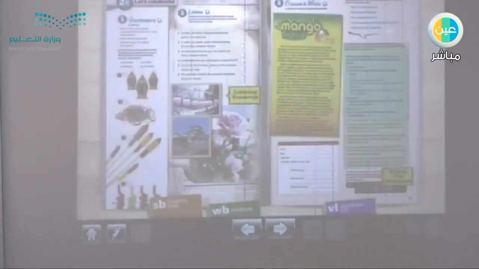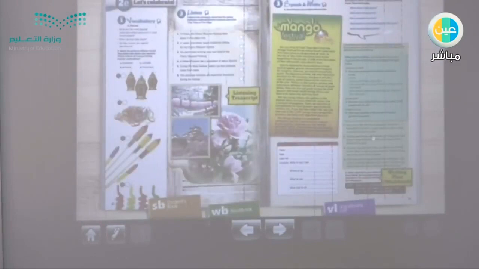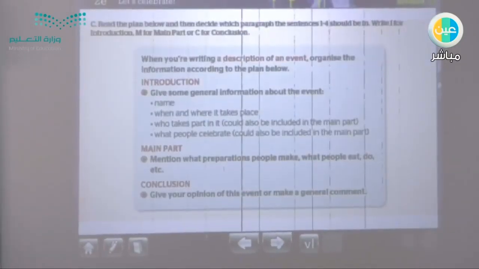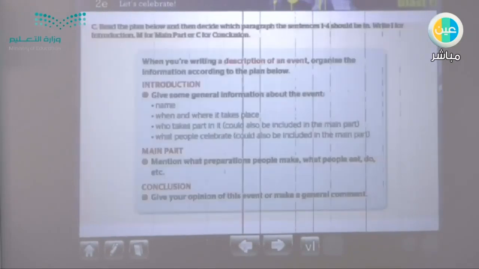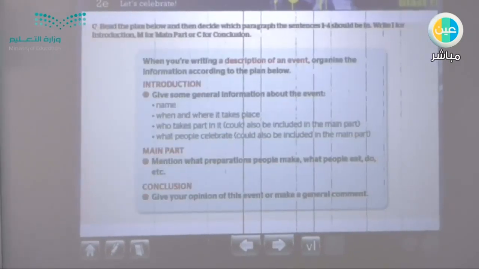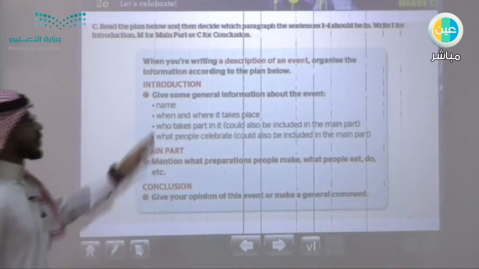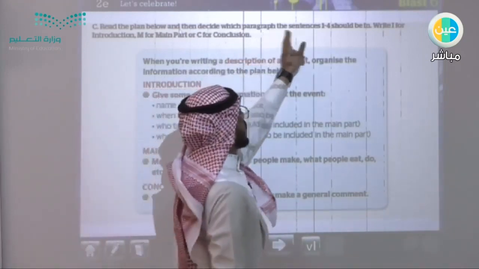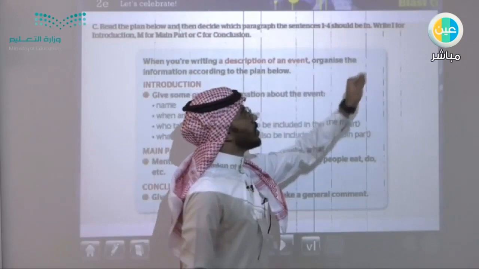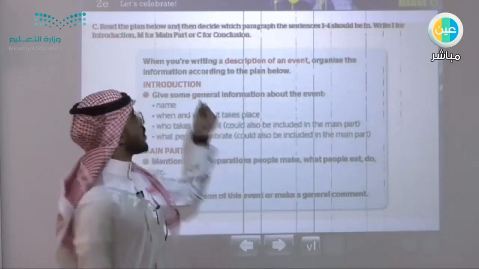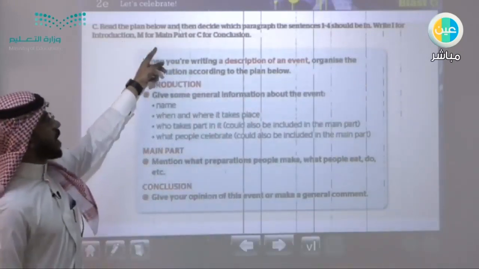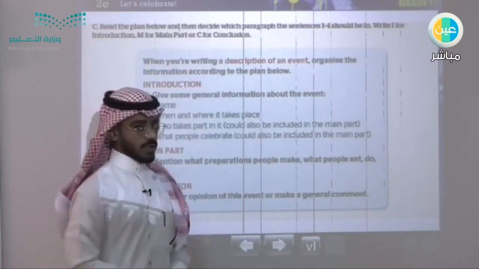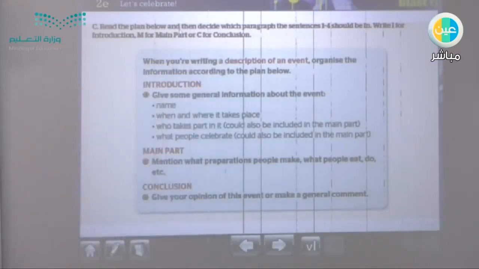The last thing we have is also this part. When I move back to this question, read the plan below. So we finished. And then decide which paragraph the sentences from 1 to 4 should be in. Write I for introduction, M for main part, or C for conclusion. So let's see these sentences. The first sentence,